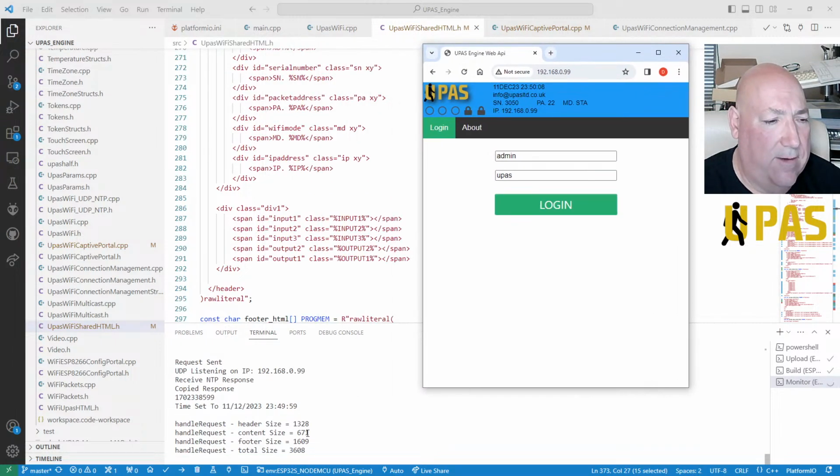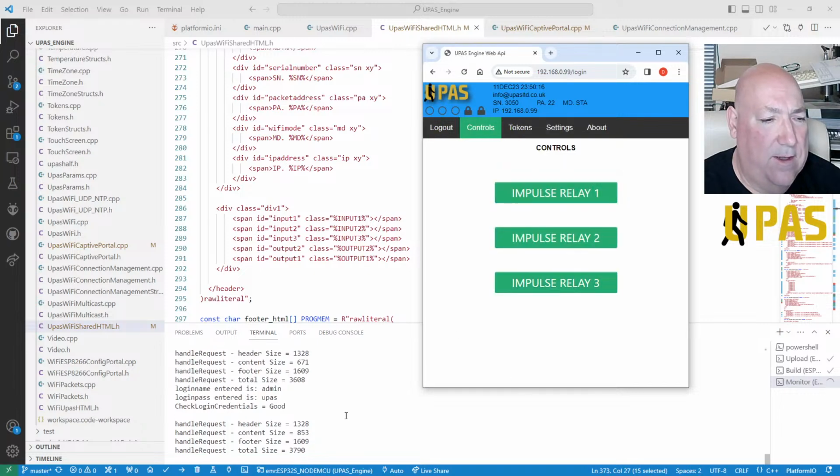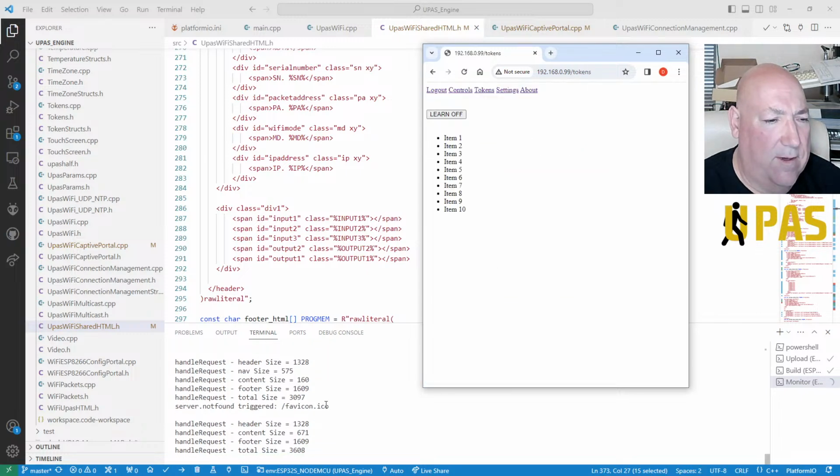Right, so we've got our content size, footer size. Yeah, total size, and we log in. That's all good so far. And we go tokens. Right, so it's not found the favicon again. That's the problem, because we've got no head.